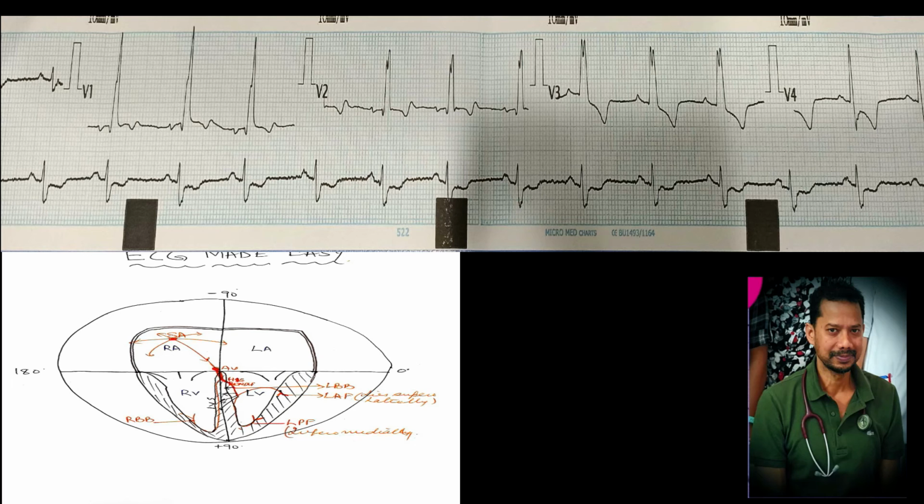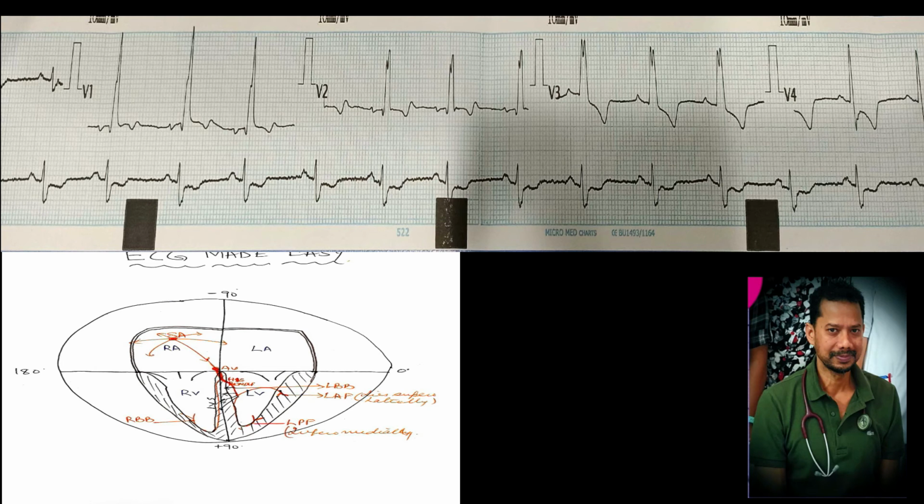Then the left bundle branch will depolarize the right ventricle, because the right bundle branch is blocked. There is no conduction happening through the right bundle branch, so it is from one chamber to the other, from left ventricle to the right ventricle. So QRS gets widened. There is a delay in the conduction spread, so it is more than 3 small squares, 0.12 seconds. That gives a broad QRS, and whenever there is a conduction abnormality like this, there is a delay, the ST segment might get a little depressed with concavity upwards, and there is a T wave inversion which denotes a defect in the repolarization.